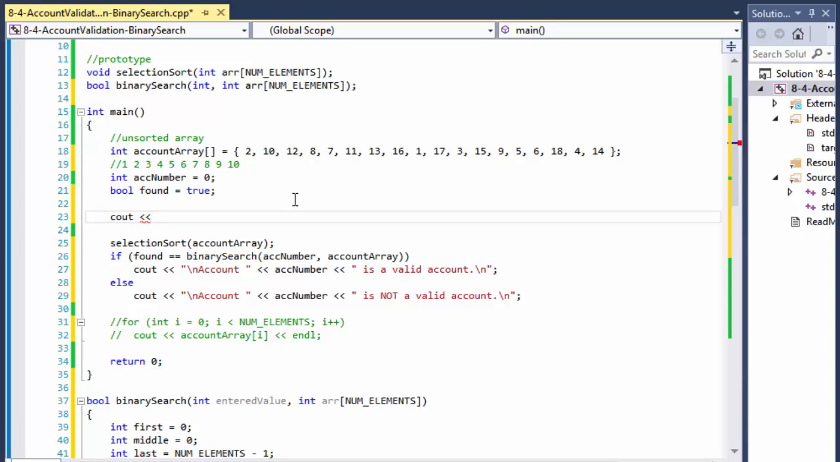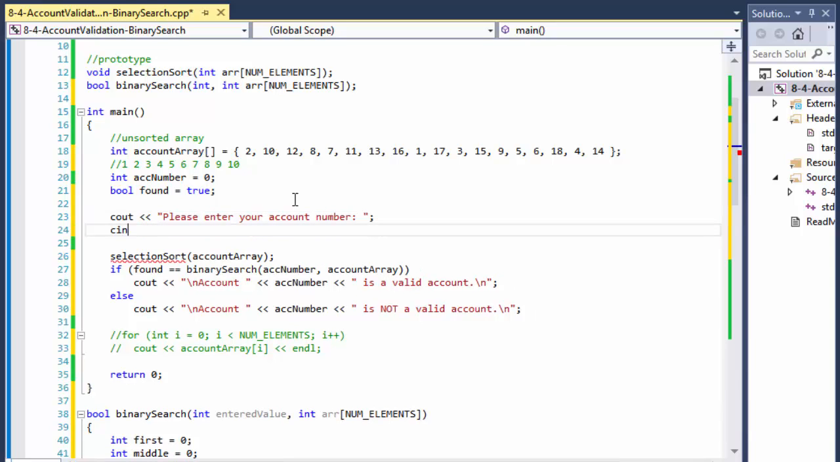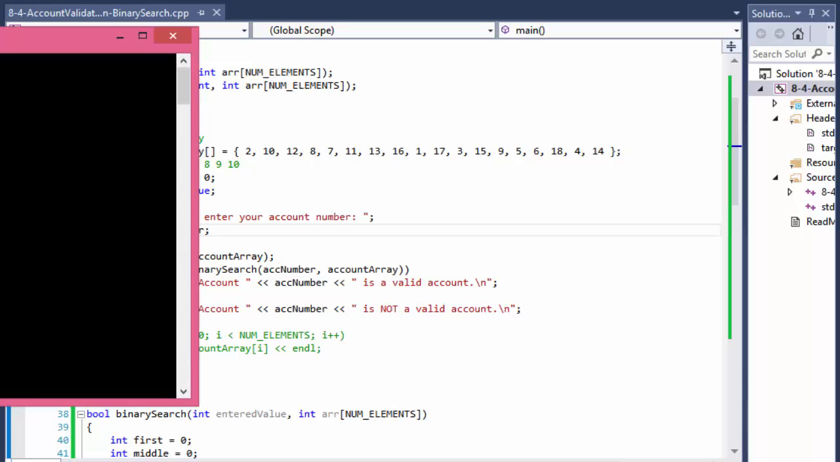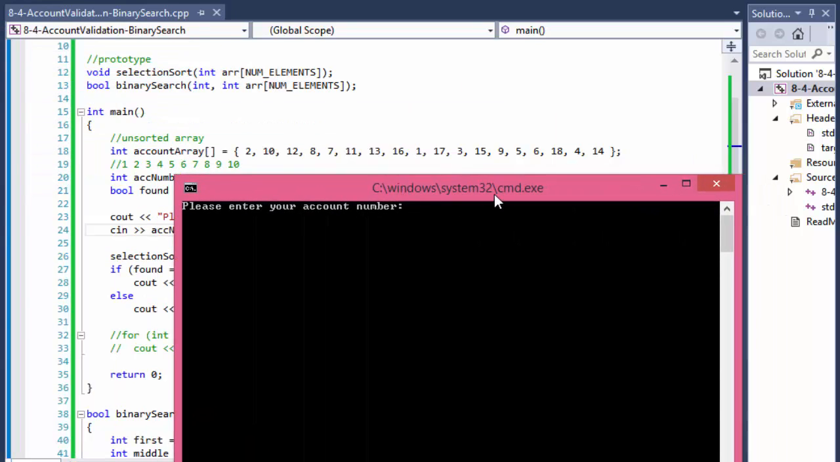something like please enter your account number, and we will do cin the account number to store it. So now that's really all we need as for the input. So let's see if it's gonna find anything, if it's gonna build in the first place, and if it's gonna find the input. So let's say we're looking for, let's say 9, which is there,